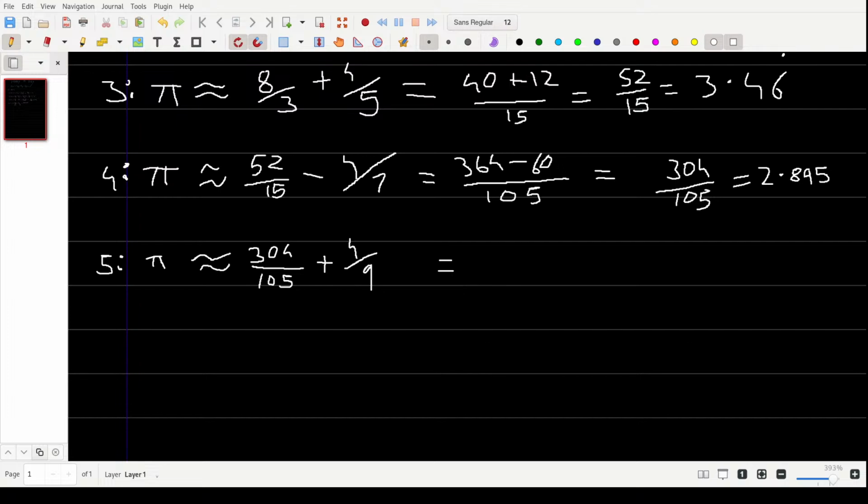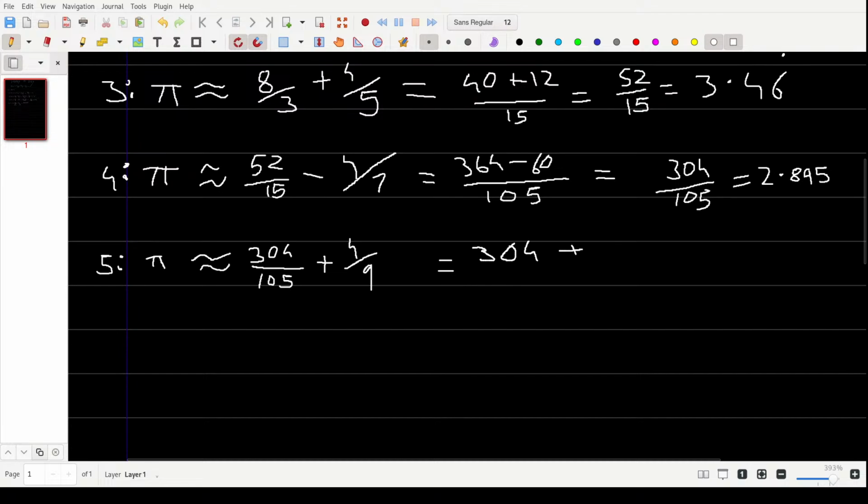So you can't just remove it because you're adding them. You can't just remove the 3 from one of them. You have to remove it from both because you're adding, not multiplying. That's the difference with the denominator. You're multiplying them, the numerator you're adding them. So what it would be